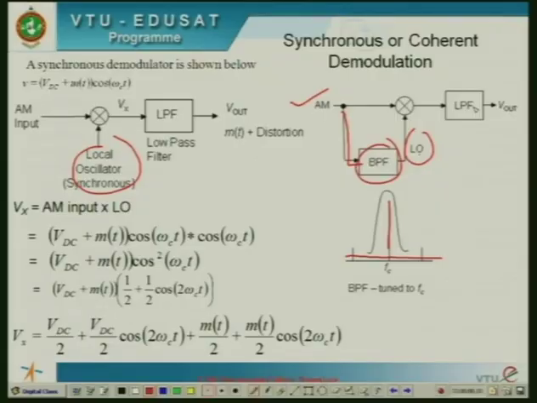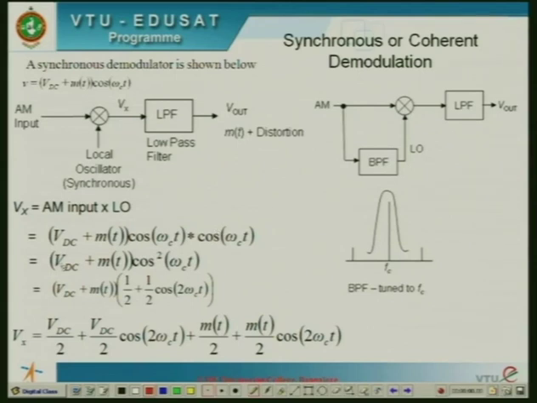Let us understand these concepts mathematically. What is happening here is that we are assuming the local oscillator signal which is generated is actually extracted from the AM signal itself. Now assume that the local oscillator frequency and the carrier frequency are both identical. Now multiplying (VDC plus m of t) cos of omega ct by cos of omega ct,